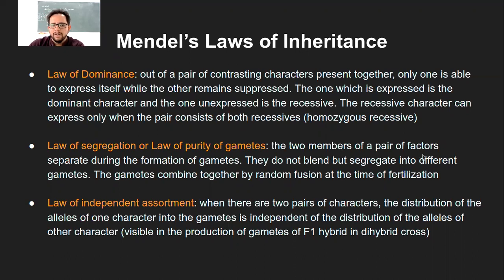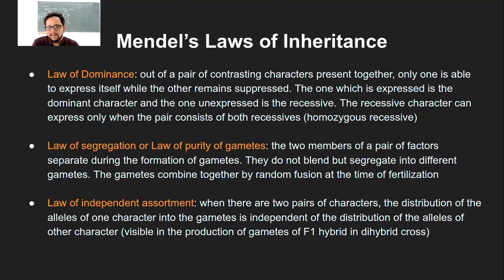The second law is the law of segregation, also called the purity of gametes. In this, the two members of a pair of factors. Again, like I mentioned, Mendel referred to it as factor, and the gene terminology came in later. So the two members of a pair of alleles or genes separate during gamete formation. That is, whether they have capital T or small t, both will separate in gamete formation. Or if it has X and Y chromosome, both will separate in gamete formation. Then we say, when the male is producing sperm, half of the sperms will have the X chromosome, half of the sperms will have the Y chromosome.